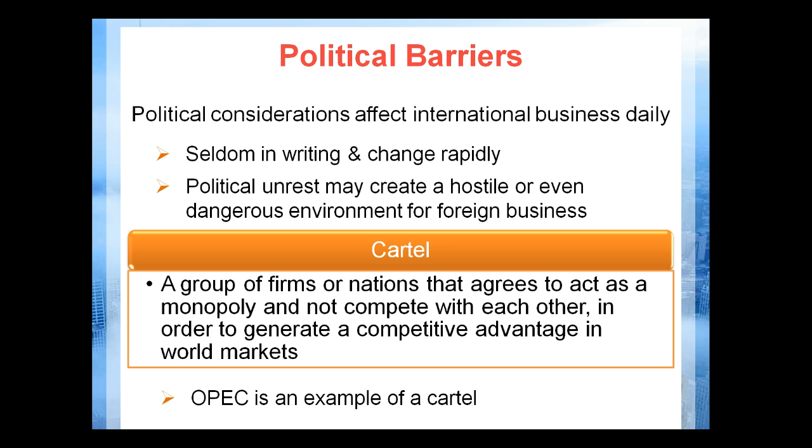Political barriers are very, very complex, and we will not go into much detail, but you have to understand the political environment in which you're trying to do business. Some countries may allow bribes, but in the United States they're not allowed. So there are some very, very complicated and very significant issues that have to be addressed when you're contemplating expanding your business to another country.